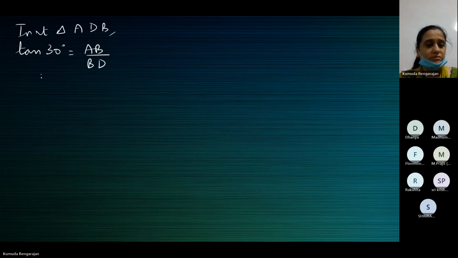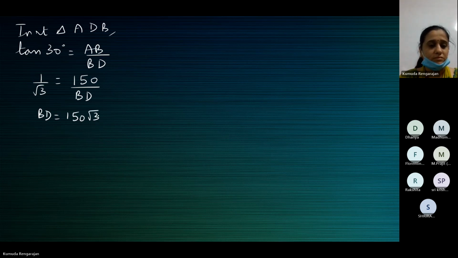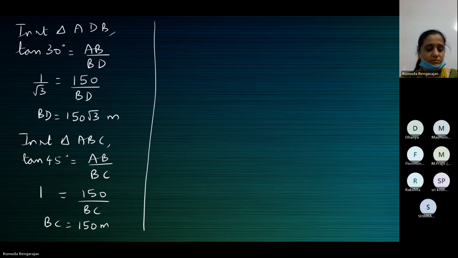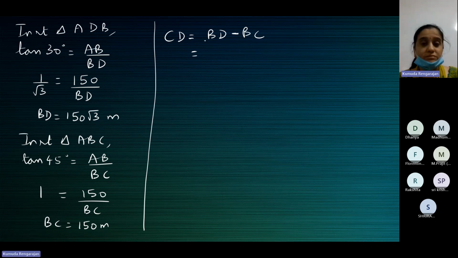Is it by adjacent? BD minus BC. So BD is